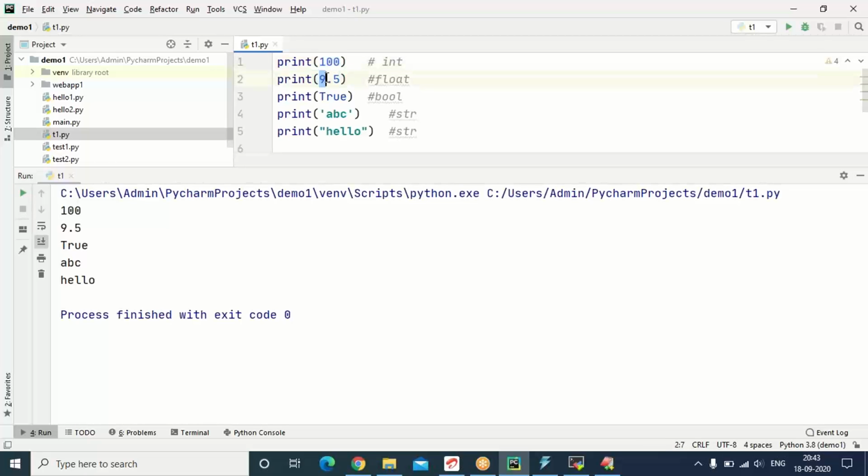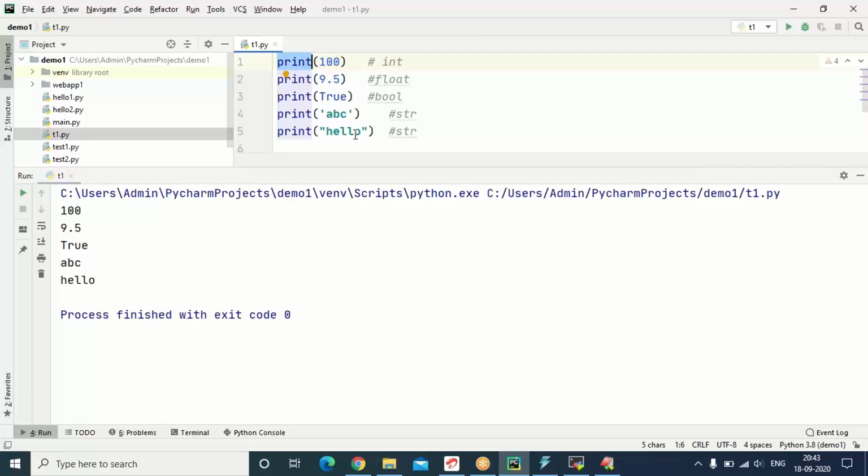After printing 9.5, automatically producing a new line. After printing hello, automatically producing a new line. You can see the last one blank line. Print is having dual features, printing feature and producing a new line.